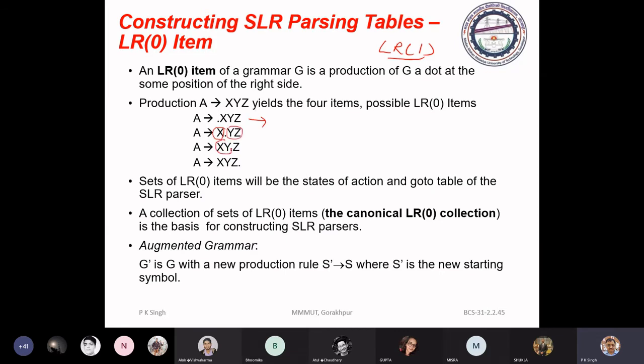Similarly, this item says you have passed this and you have to parse it. And now see, this is very important. If you have passed the entire construct, in that case, you are able to reduce this to A. So if we have this type of situation, in this state we can define reduce action.